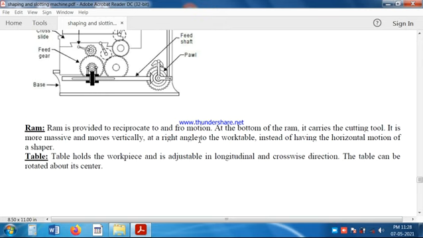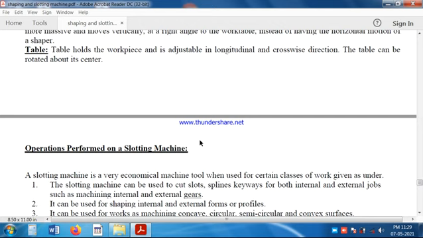In the shaper machine the cutting tool moves in a horizontal direction, but in the slotting machine it moves in a vertical direction, up and down. The table holds the workpiece and is adjustable in longitudinal and crosswise directions.